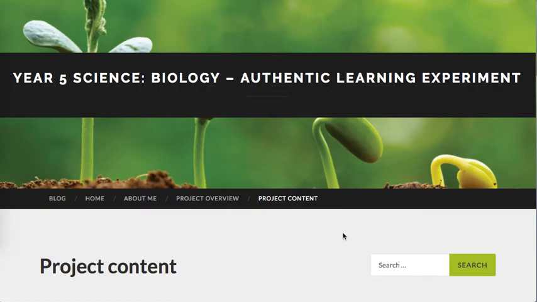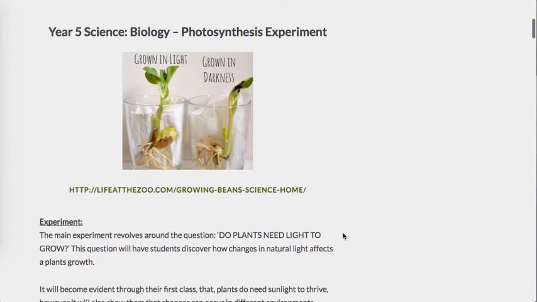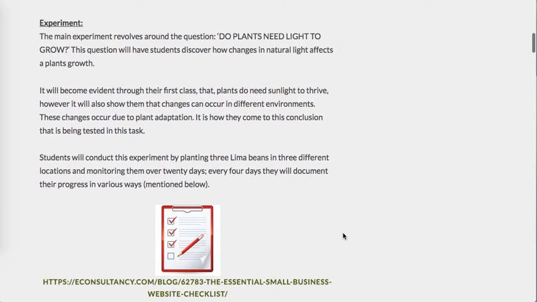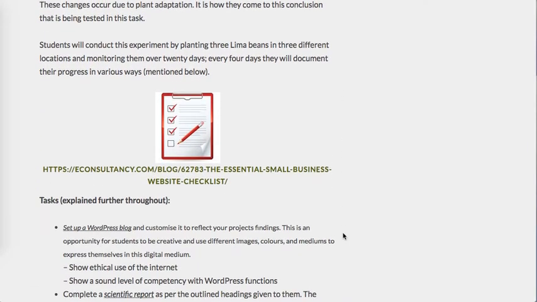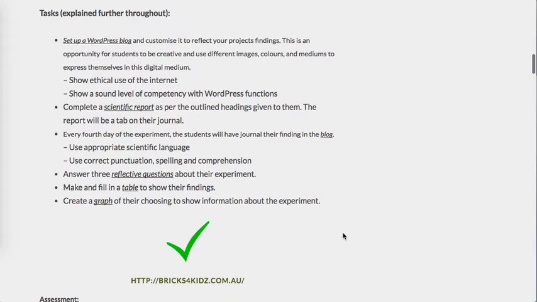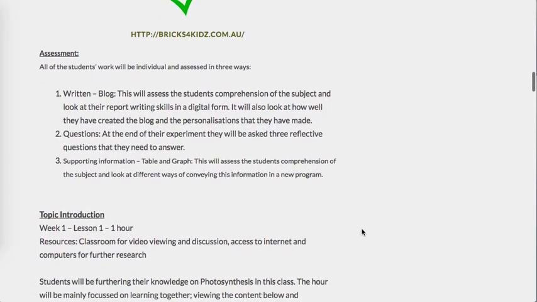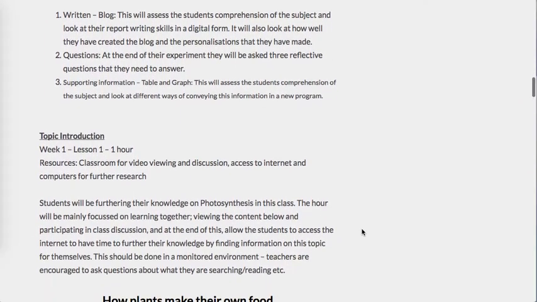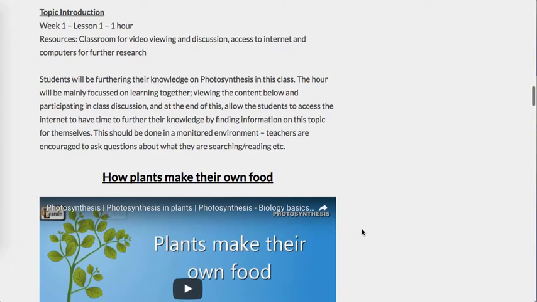The project content page is a how-to for teachers on running this experiment of do plants need light to grow, mentioned here, the tasks to be completed, setting up a blog, writing a scientific report, the answers that they need to, the questions that they need to answer, and more information on the table and graph that they'll create, the 3-part assessment that they will have, and a run through of the week's lessons, starting with a topic introduction where